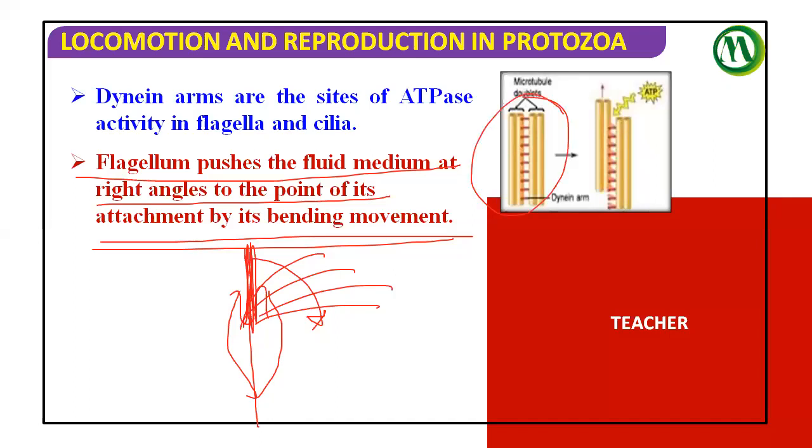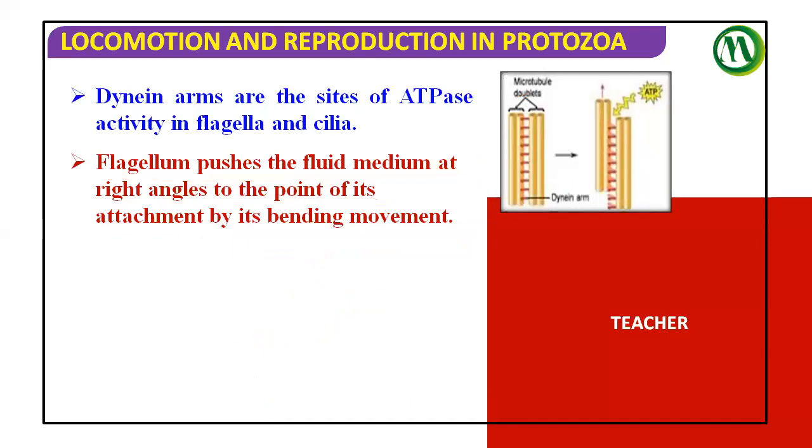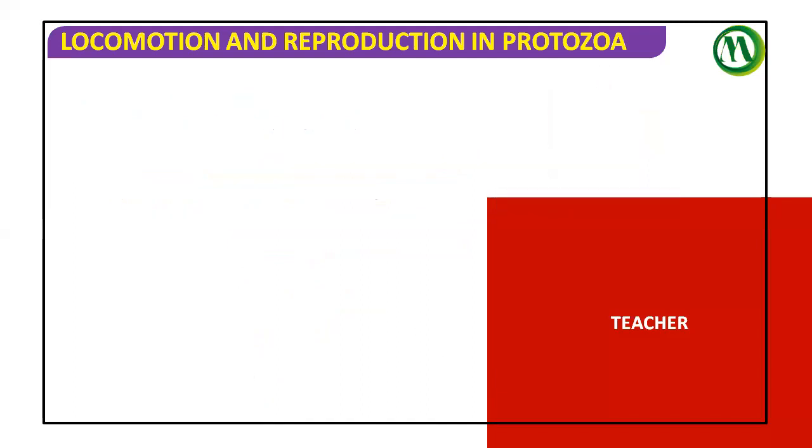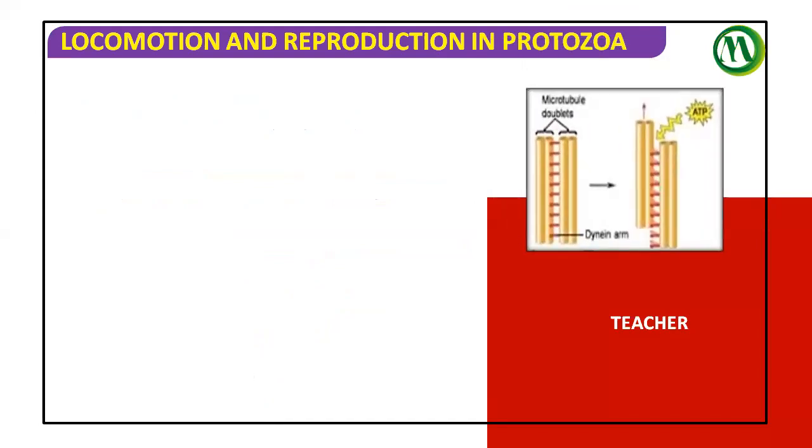When you see inside, the neighboring B microtubule is going to be pulled by the A microtubule with the help of dynein. That we need to remember. Okay, so that is the microtubule, and they are going to pull. These are the dynein. So just remember here, the sites of ATPase activity are dynein. What do they do? They pull the particular microtubule. The A microtubule with the help of dynein is going to pull the B microtubule. You can see in the diagrams. Watch here so that you can understand.